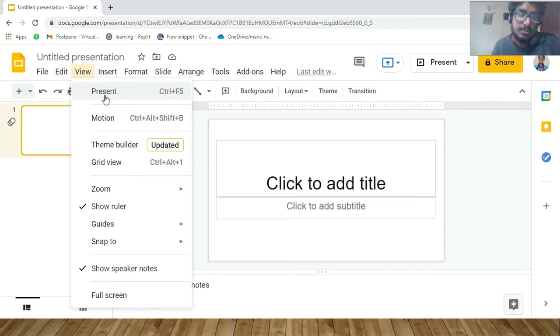So in case you want to preview how it feels when you're presenting, you just have to press Ctrl F5, or you can just click to view and present. Motion, this is an interesting option. This option helps you to animate your slides and your text, so you can make them pop up from different places. You can make them fly inside,